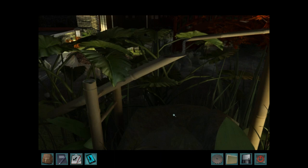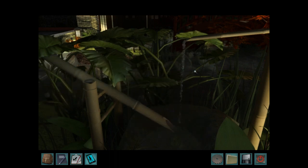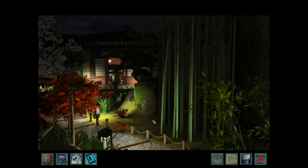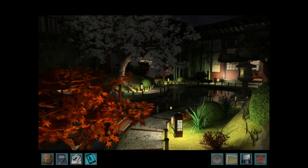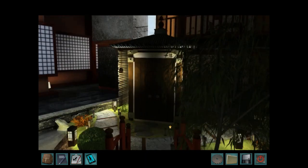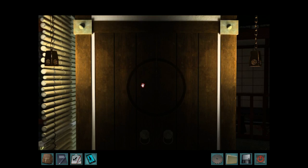I love that you can hear it filling up. I'm just waiting for it to go. And then once it's all the way full, it goes and dumps out the water and then clicks. I love that. That's just ingenious. What else do we got? Some pretty nice little bridge. I wonder if this is...